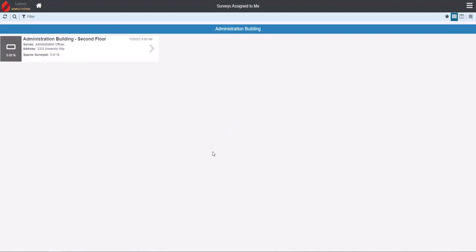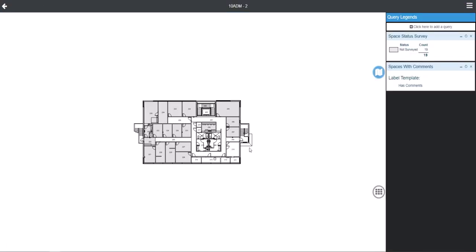And landing on this list here, it's going to show me all of the different floors that I'm responsible for with this particular survey. So in this case, it's just a single floor, and you can see that it's broken down by building. So this is obviously in the administration building. Also showing on the little card for this survey, you can see that I have 19 spaces to survey, and it is 0% done at the moment. So I can click or tap on that item, click on Survey, and